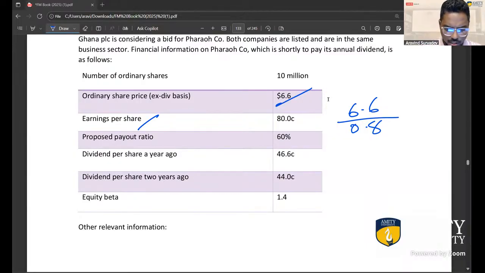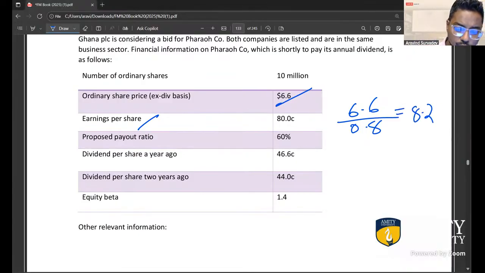So the PE ratio comes to, yes, 6.6 divided by 0.8, not 0.08. Gives me 8.25. The PE ratio of Faro company, the actual company that we are trying to compare, is 8.25. Okay. But as you guys know, in the PE ratio method, we used 10. So there is a problem. The average PE ratio is what we use. So the difference between the PE ratio suggests that there is some scope for improvement, yeah, for Faro company compared to the other companies in the industry.